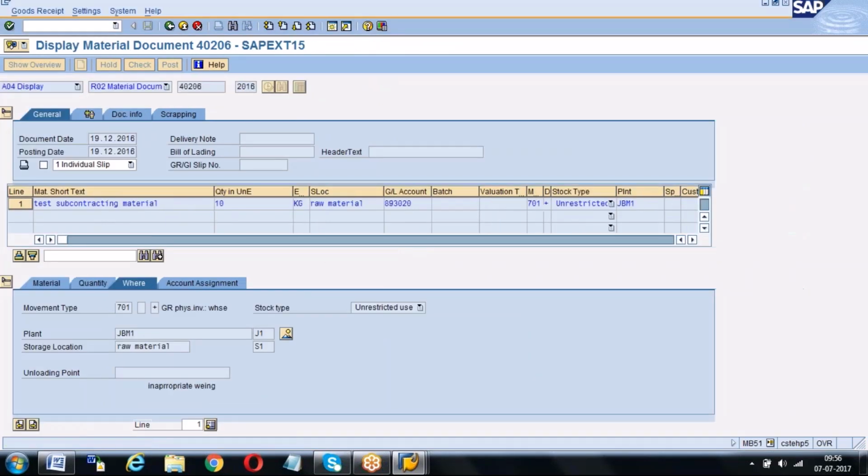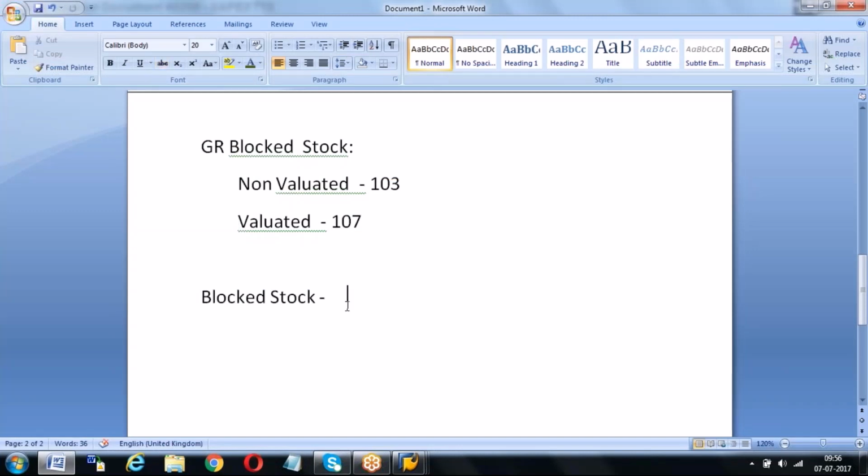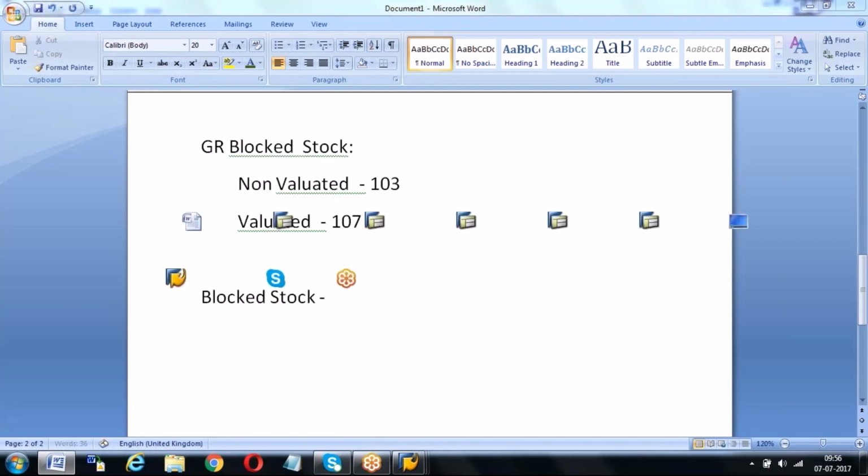Okay. What is blocked stock? Blocked stock means generally, when we do this, we have some movement types.